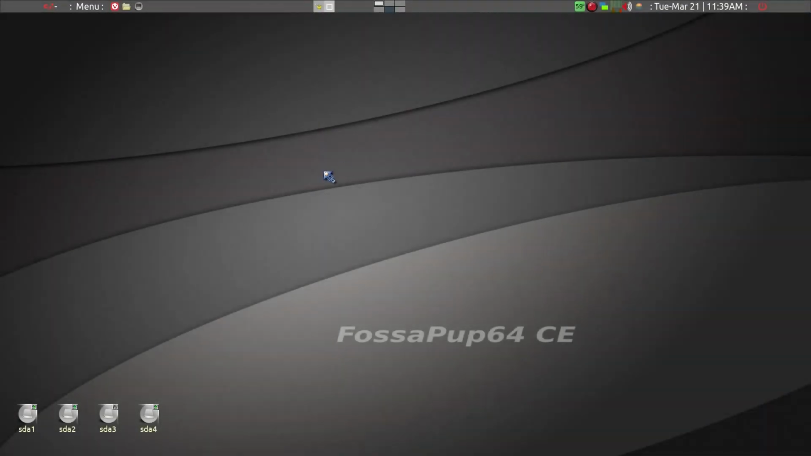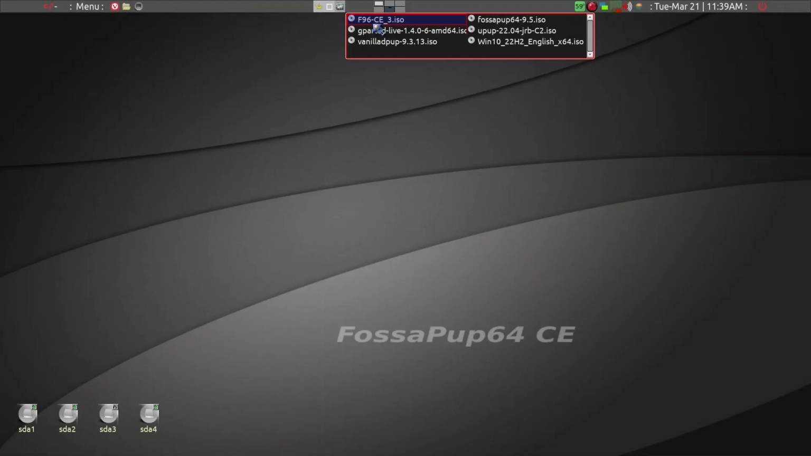How to install and configure lxterminal. I'm running a Fossapup-64 CE, specifically F96-CE bottom dash 3 ISO, a more recent version of